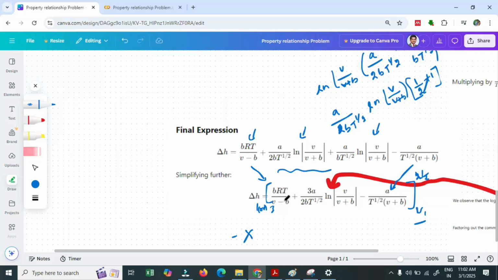Now I want to find the initial volume and the final volume. So while applying for step 1, my lower limit will be V1 and upper limit will be V2. While applying for step number 3, my lower limit will be my intermediate volume and upper limit will be my V2. So now I need to find V1 and V2